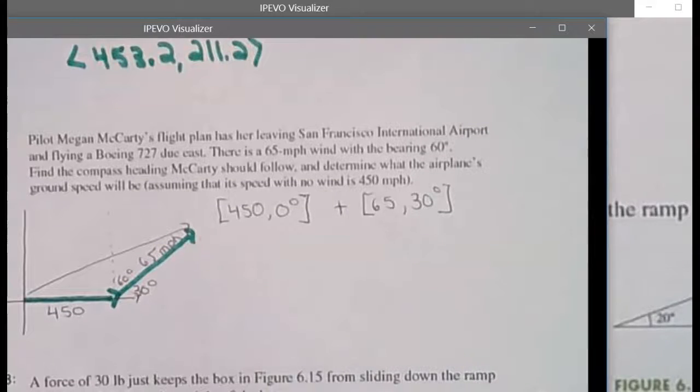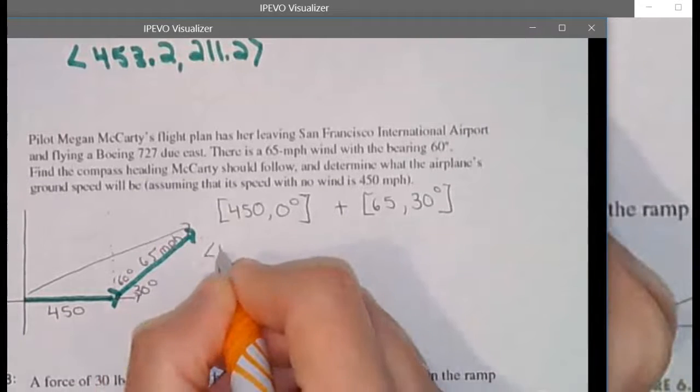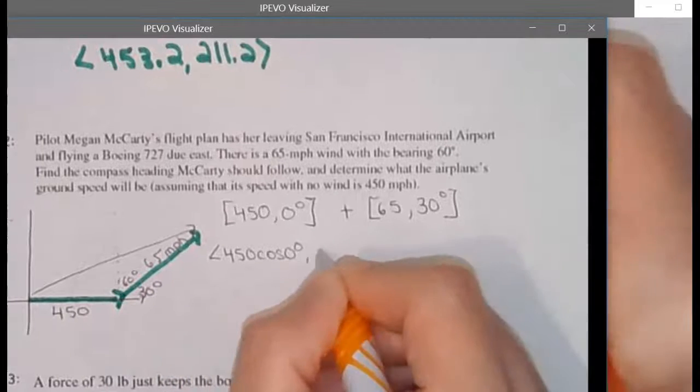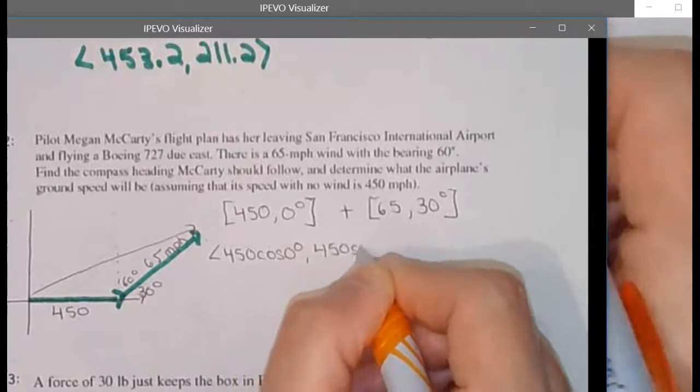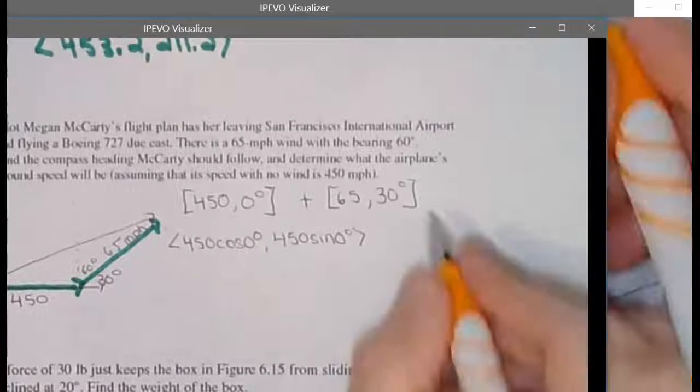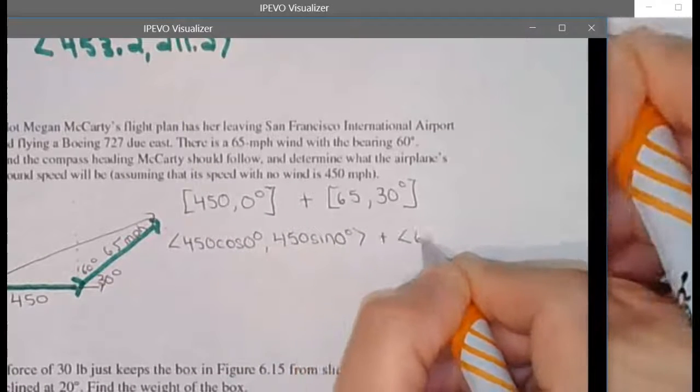So I'm going to go change each of these to component form. So this would be 450 cosine of 0 degrees, 450 sine of 0 degrees. And then I'm going to have to go do the same thing over here. We've got 65